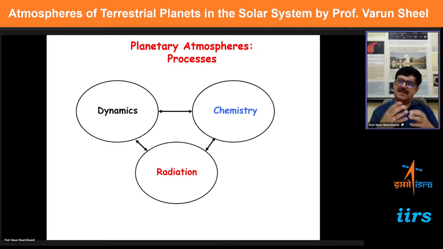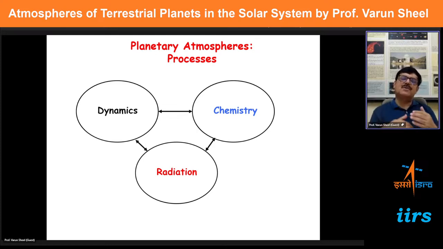And then you have physical processes, and these physical processes basically fall into various domains where you could have, for example, the absorption of the solar radiation into the atmosphere, and that would lead to various phenomena, which I will discuss. Those kind of processes are clubbed into something called radiative processes. So radiation is an important part, which is actually coming from the sun, and that is the major source of radiation which comes to the atmosphere of each planet.